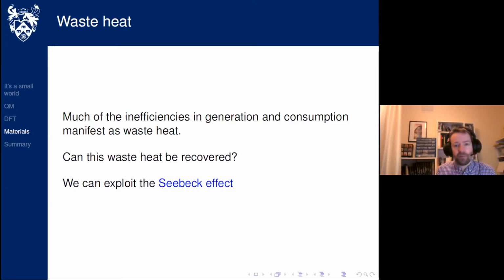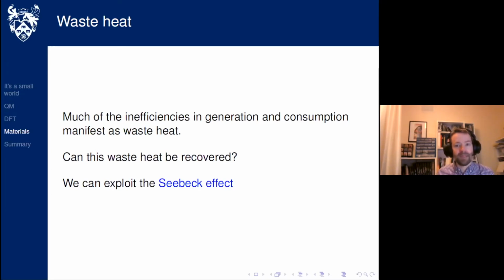In fact, there are a lot of points in our generation, transmission and consumption of energy, say electrical energy, where electrical energy is lost as heat. So wires warm up, for example, devices warm up. If you're playing a game on your mobile phone, the phone can get quite warm. If you're playing a game on a laptop, you might hear the fan kick in. It might even be heating the things on your desk. That heat is just vented into the atmosphere. It's lost. But is there something we can do that's better than that?